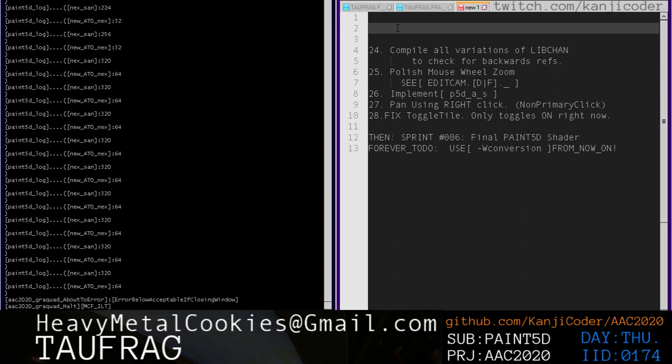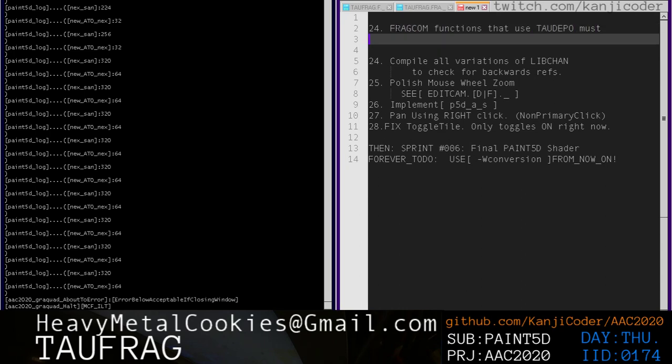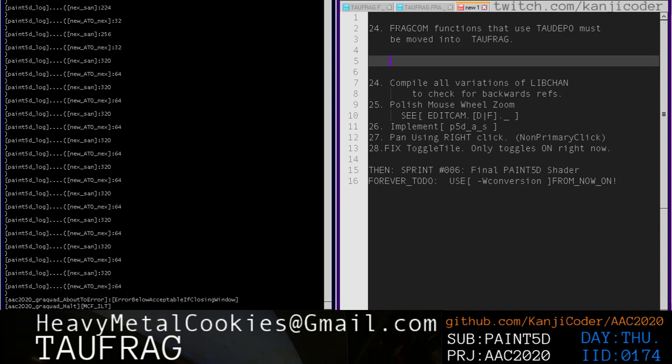And we're going to make a new 24. And it's going to be some fragcom functions that use tau depot must be moved into